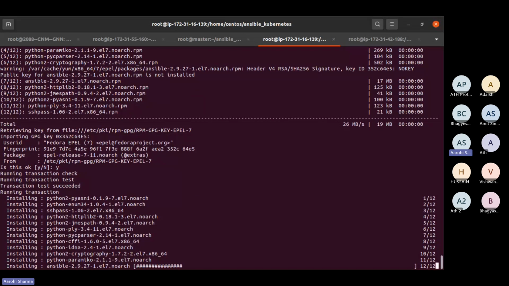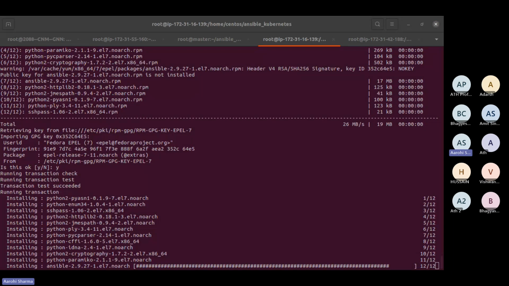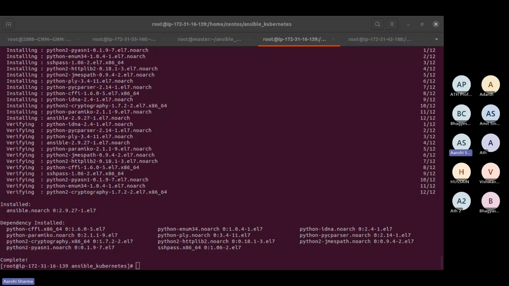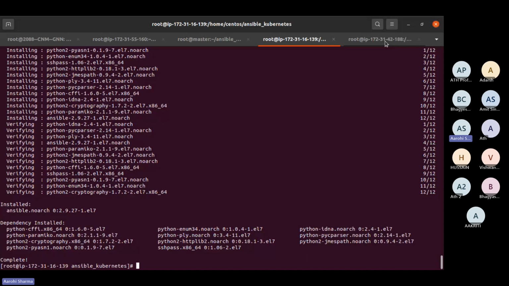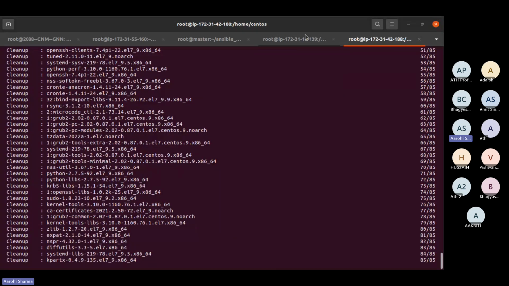So try to learn those commands also. It's not that you should just copy paste. Just try to write the commands and learn them by yourself also. And how do you learn those commands? By writing them as many times as you can, right? The first day I did it like this.